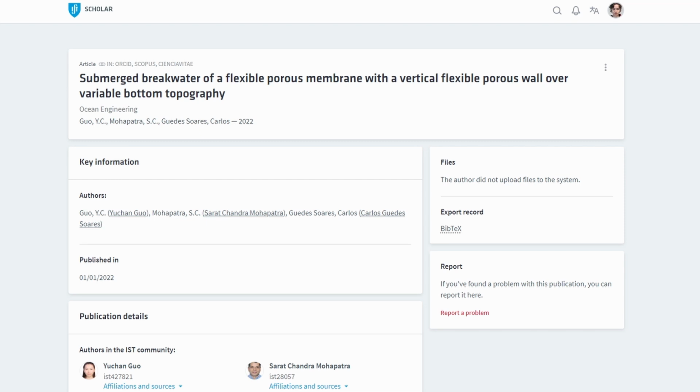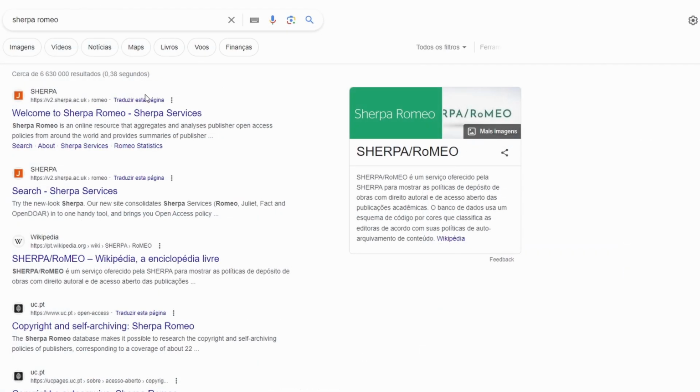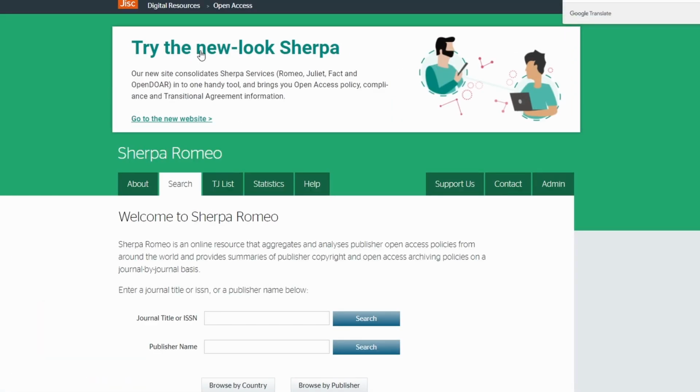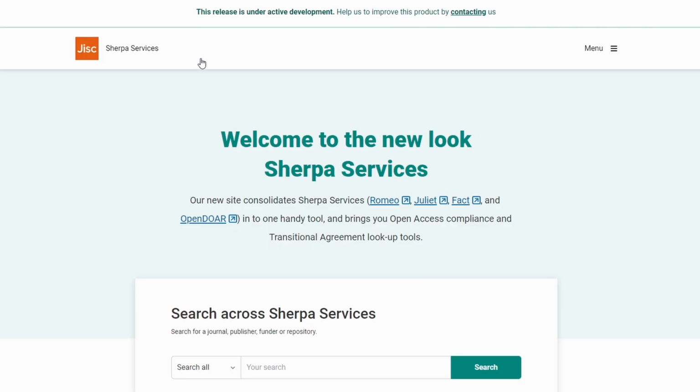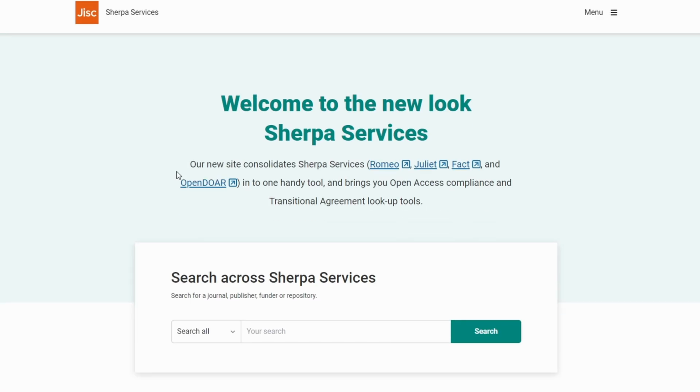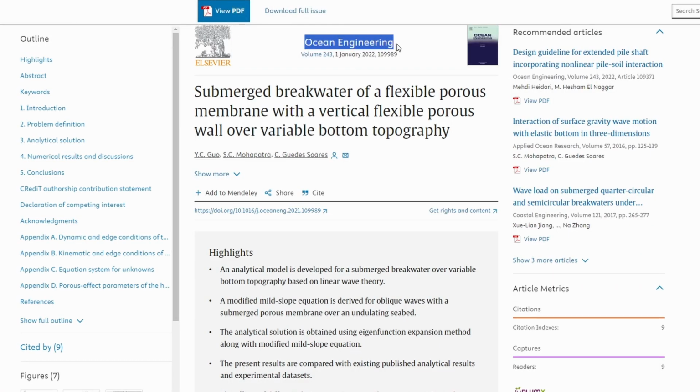What sometimes happens in some very recent articles is that the publisher imposes an embargo period. Therefore, what we recommend is that in these situations in which articles are not in open access and are very recent, we confirm whether we can insert the accepted version with or without embargo period. The way we can actually do this is to go to Sherpa Romeo and search for the title of the journal. Let's check it.